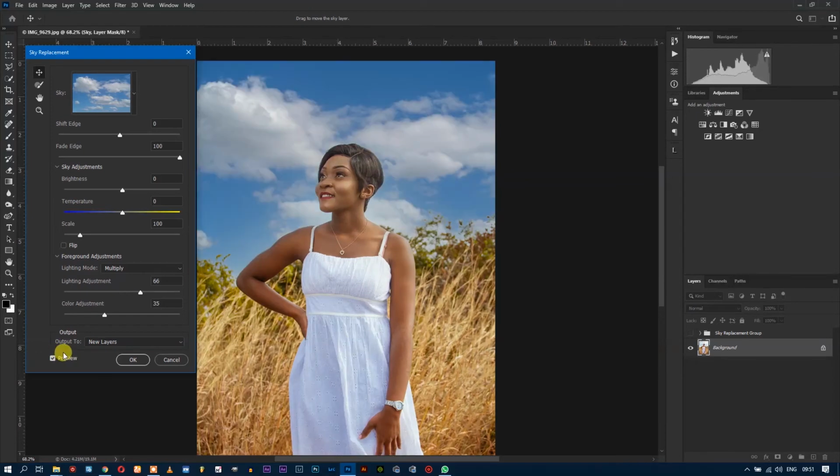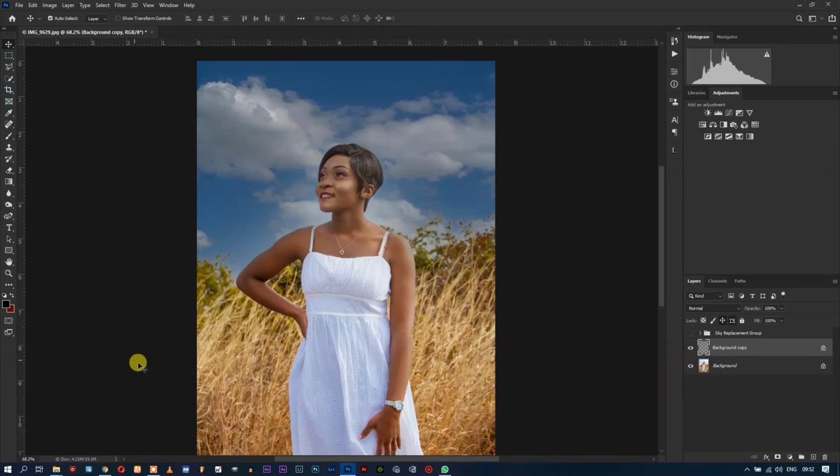And once that's done, we can adjust the brightness as well. Or actually, I'm gonna make it underexposed and click duplicate layer. If you click OK, you will notice that it's going to create a copy of this layer, finalize all the actions and merge everything into one copy. Now the problem with this is that